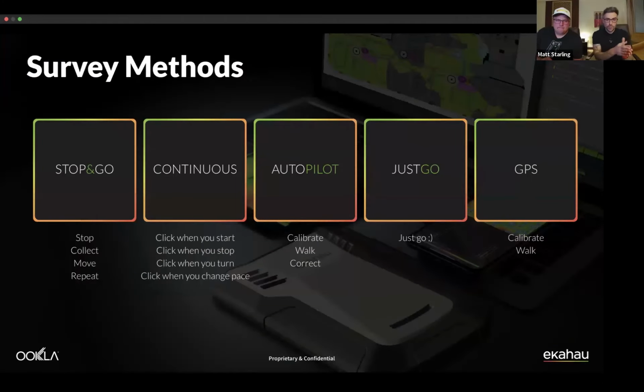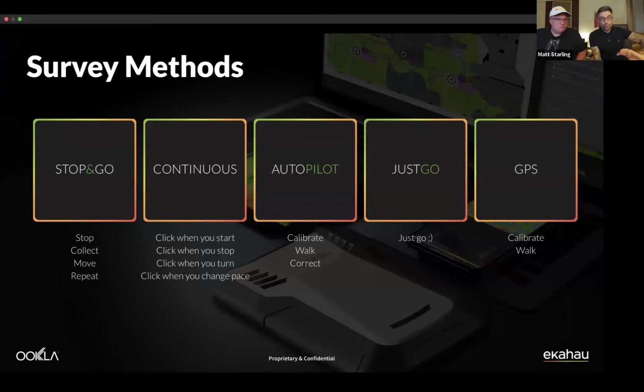So first of all, stop and go, probably the most traditional survey method out there, where you have a floor plan inside of the survey application, and then you go to a particular point on that map. You basically go there, you tap, you wait for a period of time. It's by default 5 seconds. Once that time has passed, it's collected data in that position, and then you move to the next location, tap, wait, and it's going to collect data for that location as well. However, in that little bit in between, there's no data being collected. So I wouldn't personally recommend stop and go as your go-to survey method because you're effectively just missing out on quite a lot of data.